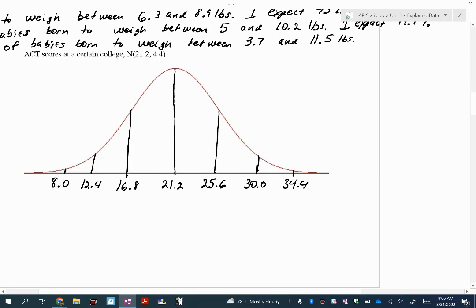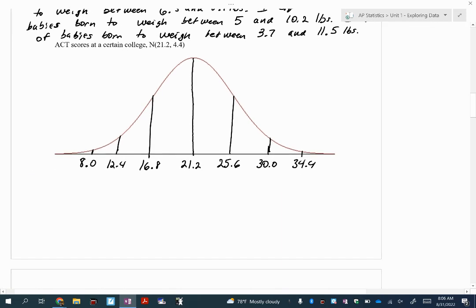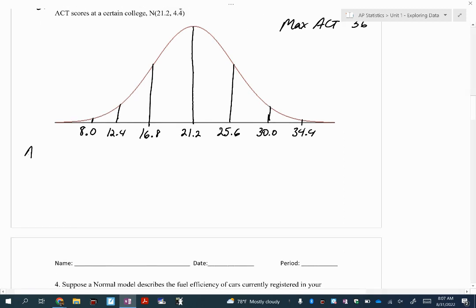Now, once I have this, again, I know we don't do the ACT anymore. We used to focus on the ACT at the school. Now we've shifted to the SAT. But just so you know, the max for the ACT is a 36. So even a student who gets a 35 or a 36, you'll notice, is actually considered unusual. They are more than 3 standard deviations away from the mean on the high side. And if you get below an 8, your score would be considered unusual on the low side. But I'm going to write, according to this model,